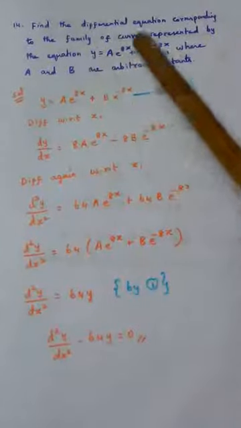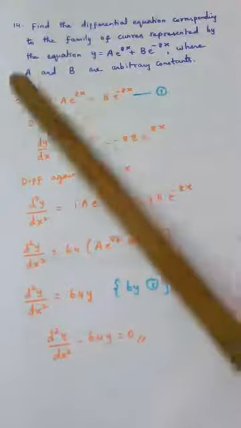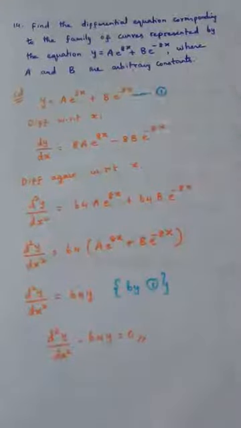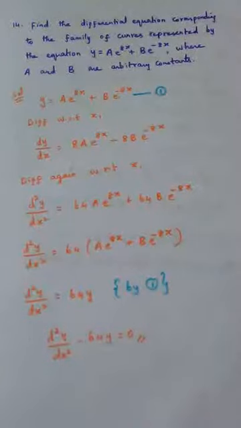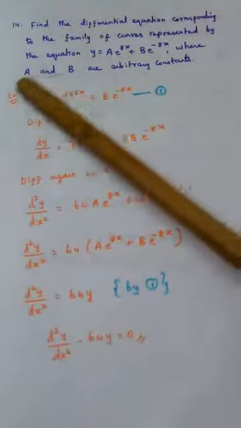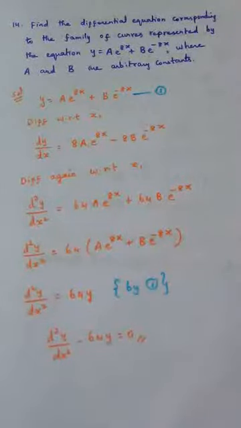Our aim is to frame a differential equation using this. Since 2 arbitrary constants are present, how many times do we have to differentiate? Maximum 2 times, right? Definitely, if 2 arbitrary constants are present, we need to differentiate 2 times. If only one arbitrary constant is present, differentiating 1 time is enough. So finally, when we write the differential equation, there should not be any arbitrary constant in the answer. That is a very important thing.